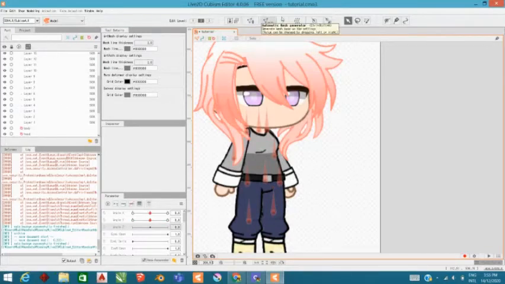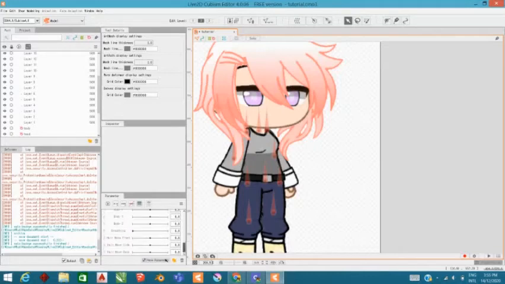Also, if you use the free version, just like me, you only have like 30 parameters and 30 deformers like this. I don't quite remember if the deformers are limited, but if you want, you can just name some of them, or the ones we're not using, just delete them.